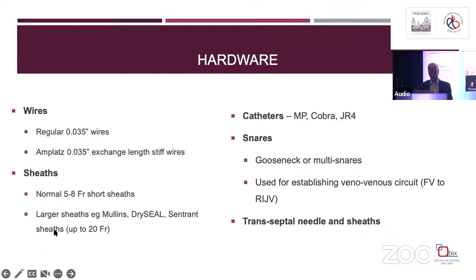But for the main one, through which you're going to implant a covered stent in the femoral vein, the larger sheaths, such as the Mullins, Check-Flo Performer, DrySeal, or Cook sheaths up to 20 French are used. Catheters, simple really: main MPA catheter, multipurpose, Cobra catheter, JR4 catheter. Those are really just to maneuver into the right upper pulmonary vein. Snares, in order to establish a veno-venous guide wire circuit, gooseneck or multi-snares, and then transeptal needle and sheaths for